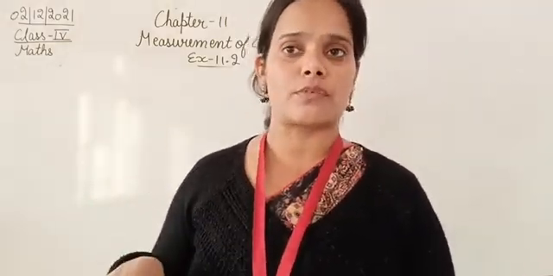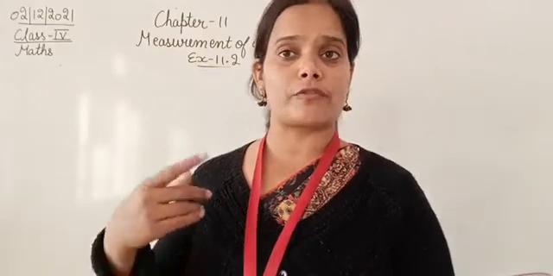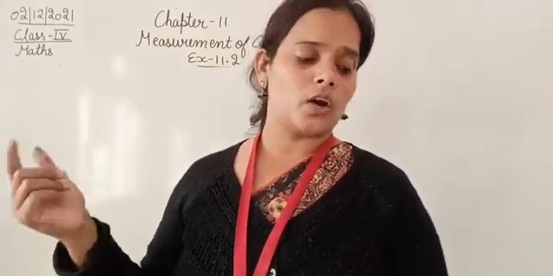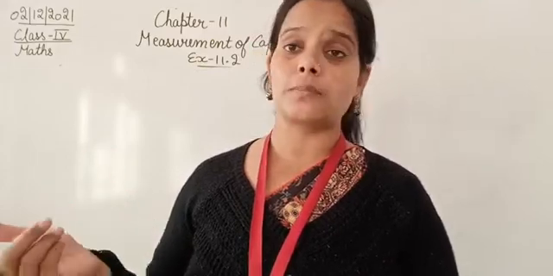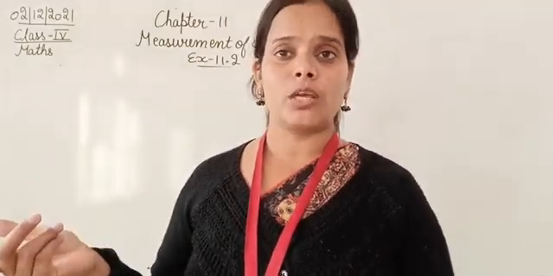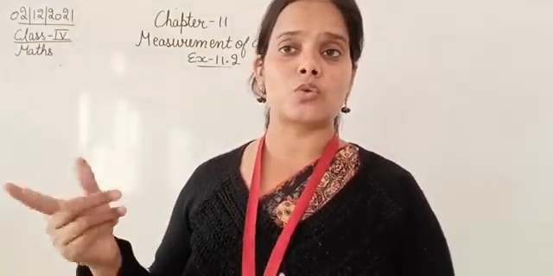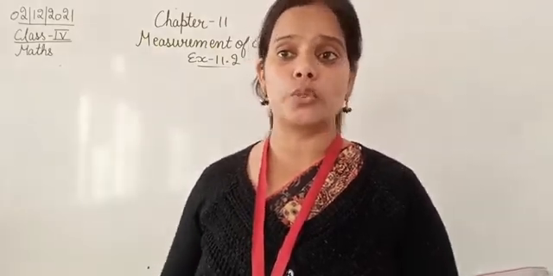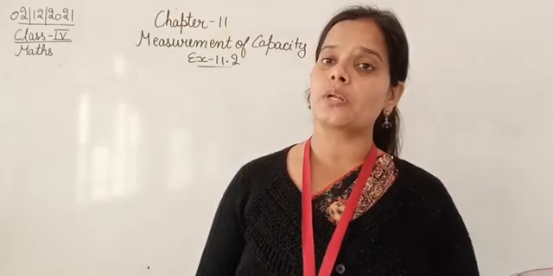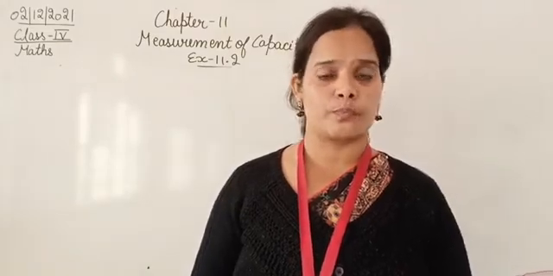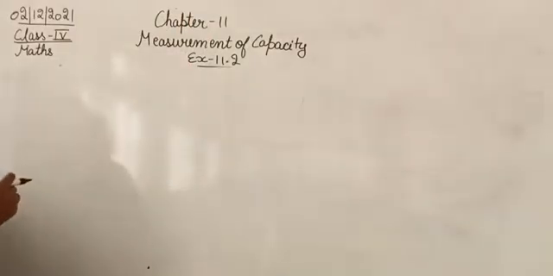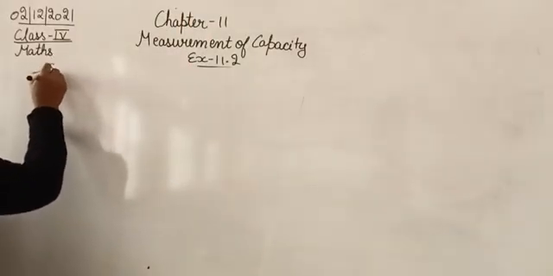And on Tuesday he sold thrice, thrice means 3 times of that milk. So for calculating the milk sold on Tuesday, we will multiply the milk sold on Monday by 3. Only then we will get the milk he sold on Tuesday, and then we need to find out total milk he sold in 2 days. The total milk sold in 2 days we can calculate by adding these two.